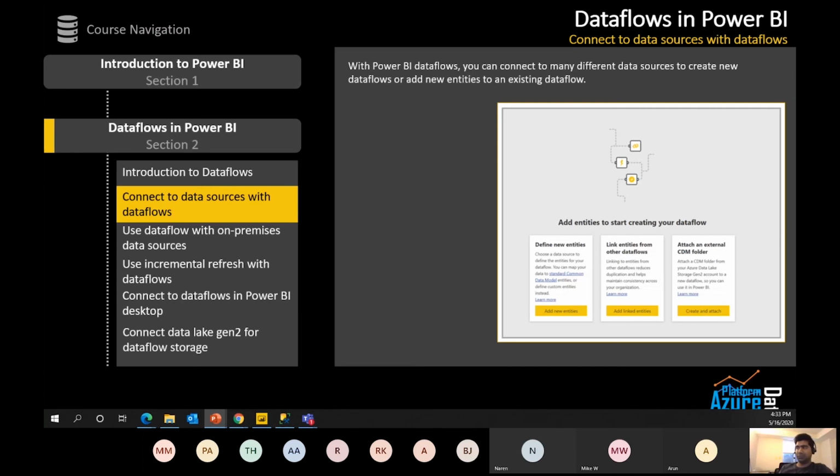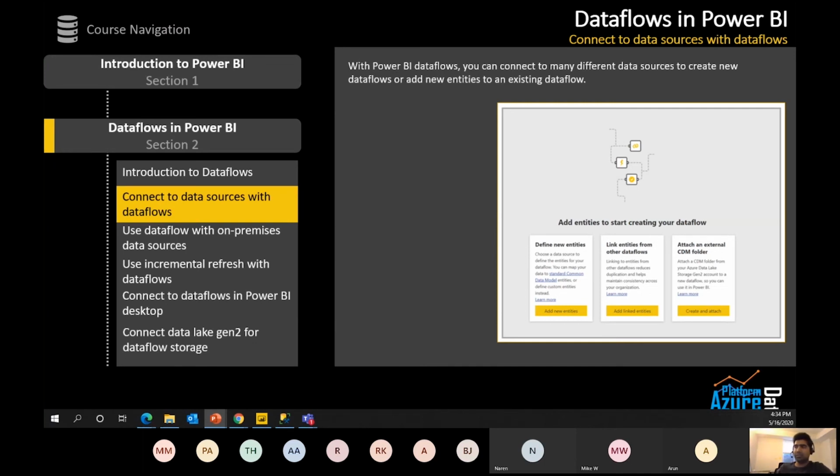I'll show you how you can leverage the Common Data Model here. The dataset that you create in Power BI is not actually a CDM, but you can publish that data model as a CDM. That is true, so you can say this is one example of CDM. When you create a data model and make it an industry standard for your organization or your group, then that becomes a CDM. I'll show you this.